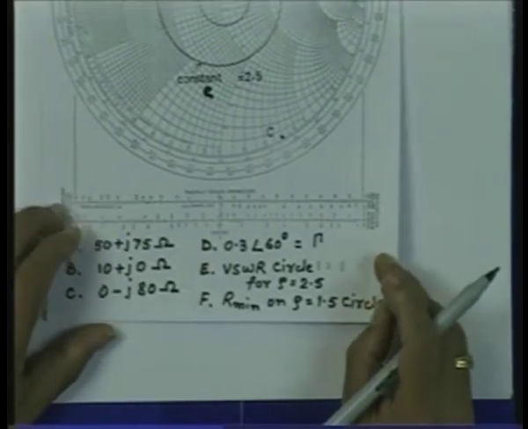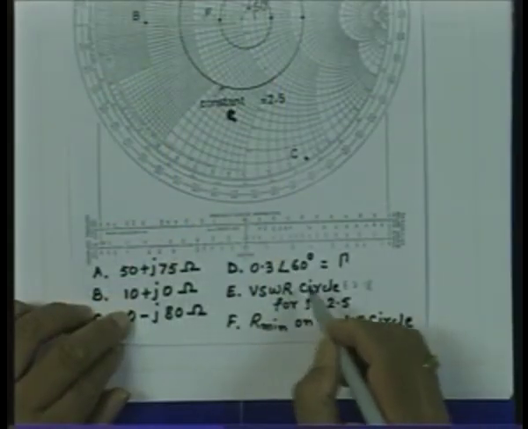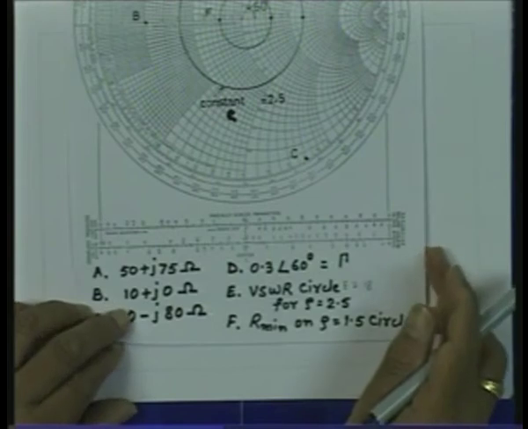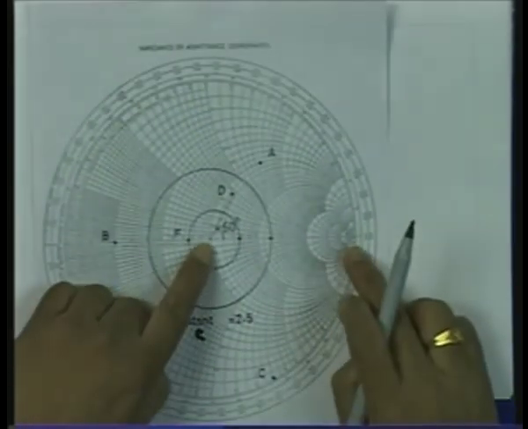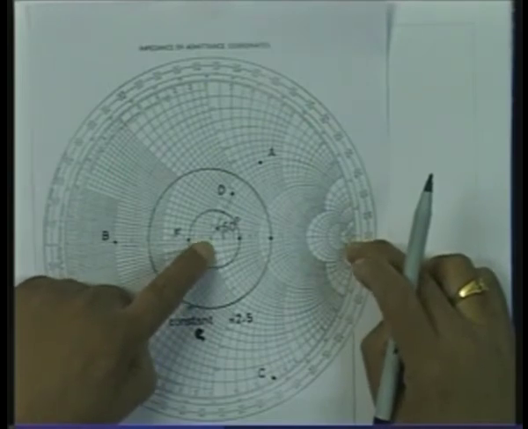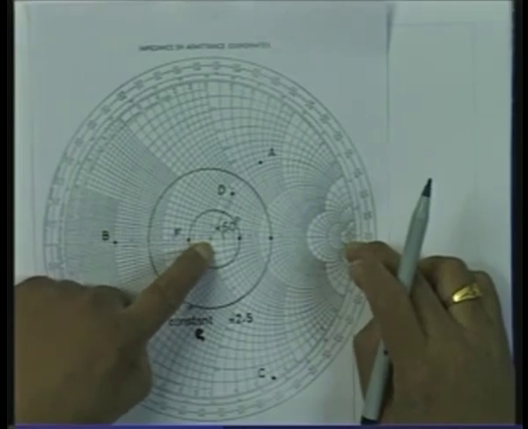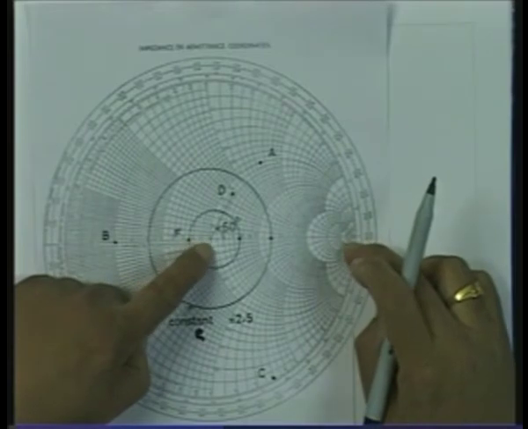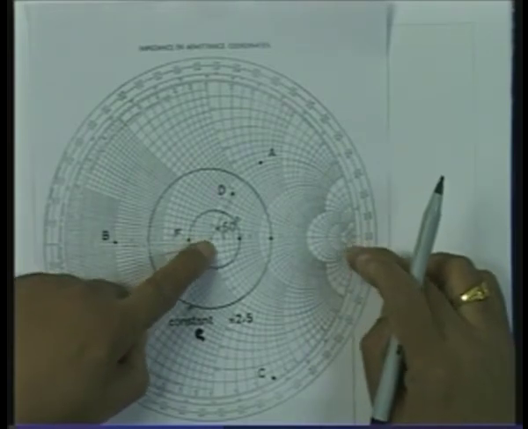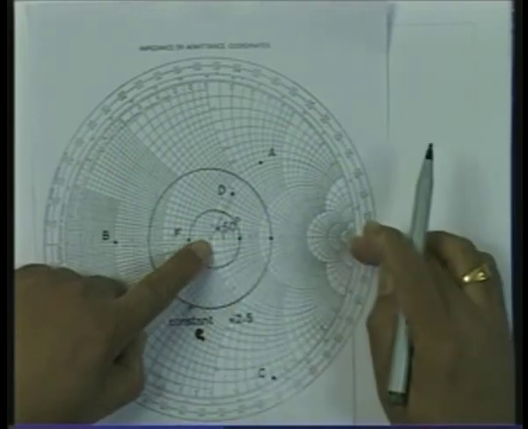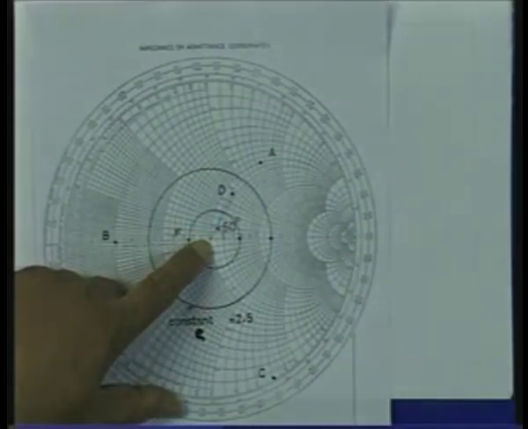Suppose somebody gives me the reflection coefficient, its magnitude and its phase, and asks me to mark that point on the Smith chart. Let us say the magnitude of the reflection coefficient is 0.3 and the phase of the reflection coefficient is 60 degrees. What do we do? First, we measure the length of the Smith chart radius here, and that length is 1, because we know the Smith chart in the complex gamma plane has a radius equal to 1. So, this length from the center to this point is unity. Now, we can scale it to find out what should be the length for 0.3,